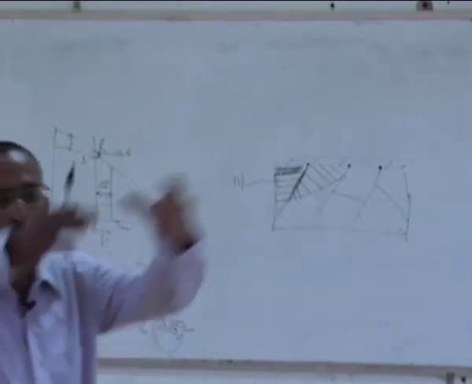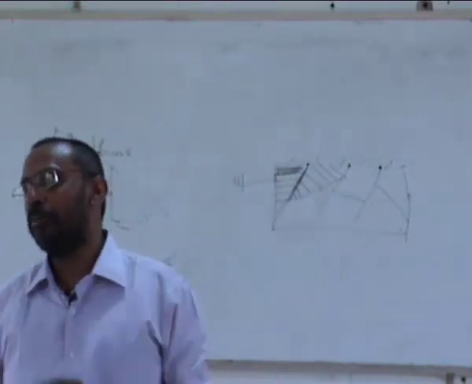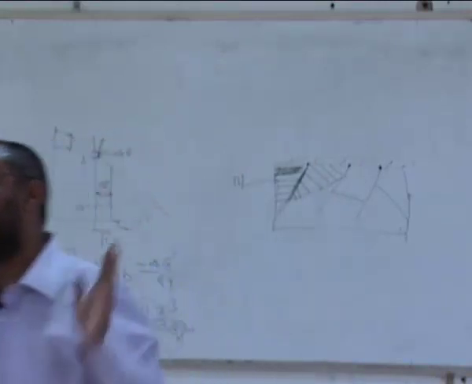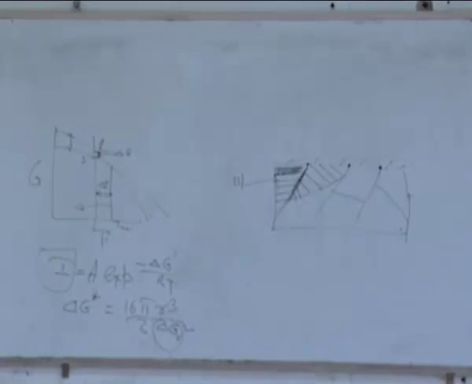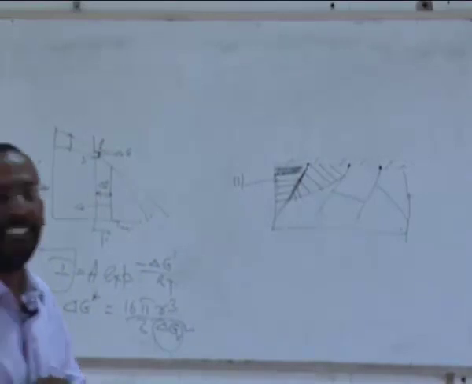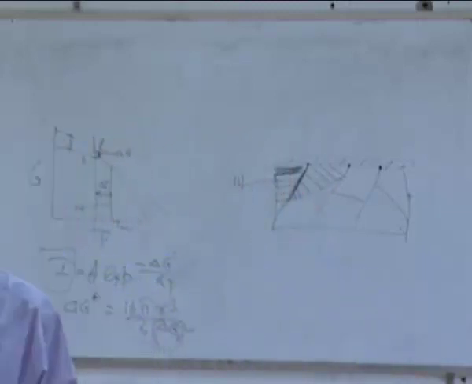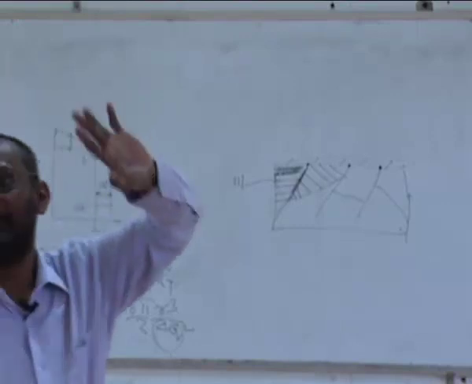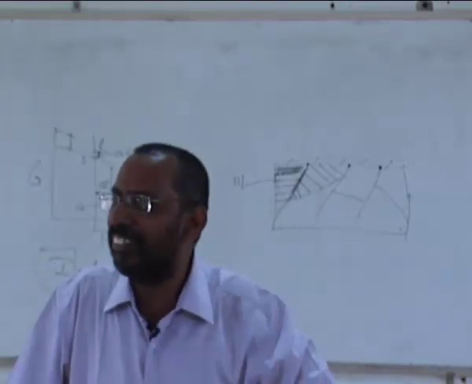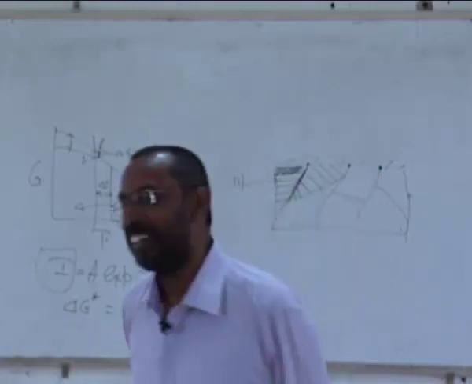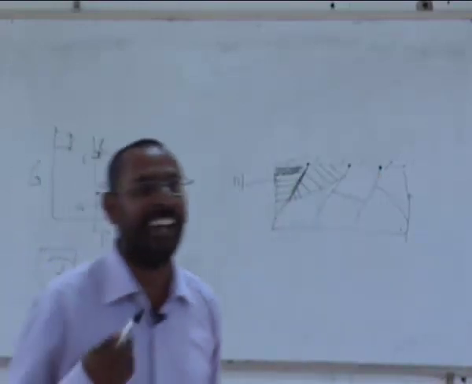Let's assume that I have a cube box with atoms inside, and the distance between atoms is 1 angstrom, and the size of the box is 1 nanometer. Now how many atoms are there inside the box is my question. Somebody says 4, somebody says 10, and I don't get any other number. Is it such a difficult question? You are complicating everything. Yes, 6. Anybody who has any other number? It is 1. That's the problem. There is no point in giving the answer to your friend. I want the answer from you.